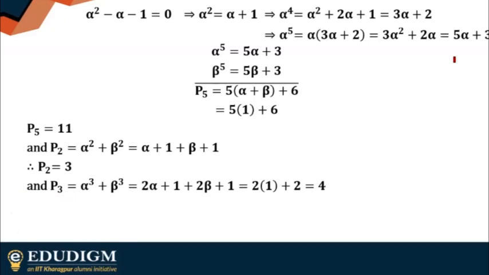All right, I hope this is okay. We have just changed this alpha square as alpha plus 1. So this is 3 alpha plus 2. Now, if I just go for alpha to the power 5, I'm starting with the first option. All right. So I hope this is okay with all of you. You also have to check out which other option is also incorrect.